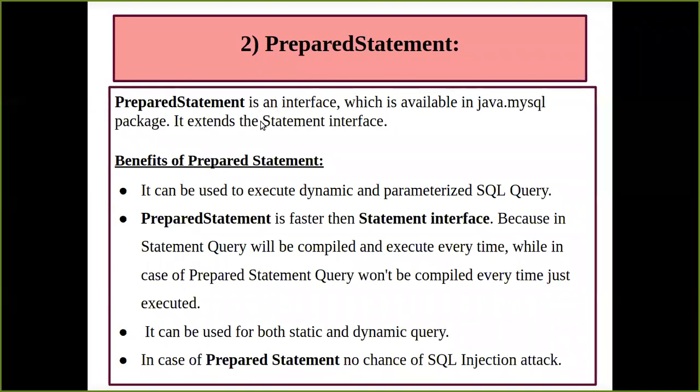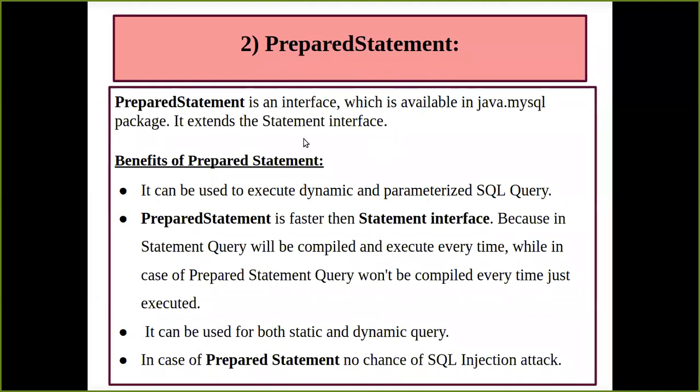Okay, so we started with the database connectivity steps, in which the very first step was your import statement, and then it was your registration, that is Class.forName. Then we had seen the connection class, and in that we have seen the three types of methods or ways to have the connection with our database by using your getConnection method. It's just that the parameters are going to differ. So one getConnection method is going to have one parameter, another way is going to have two parameters, and then three parameters also we can have.